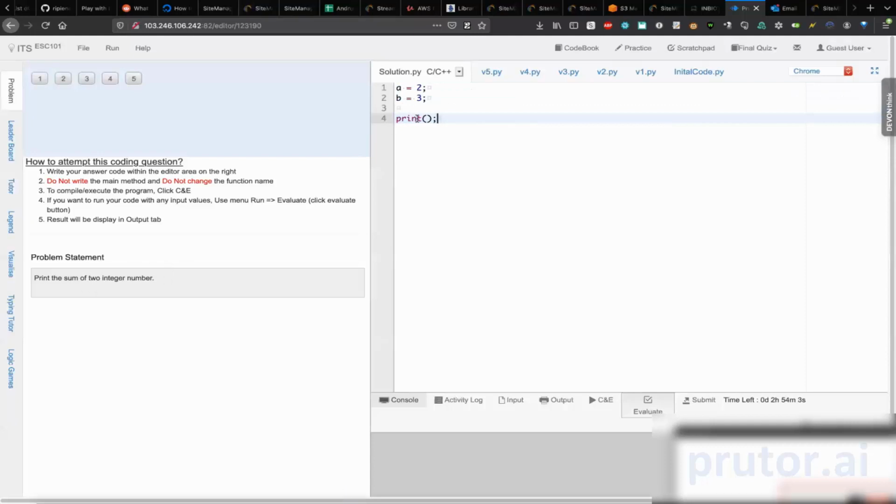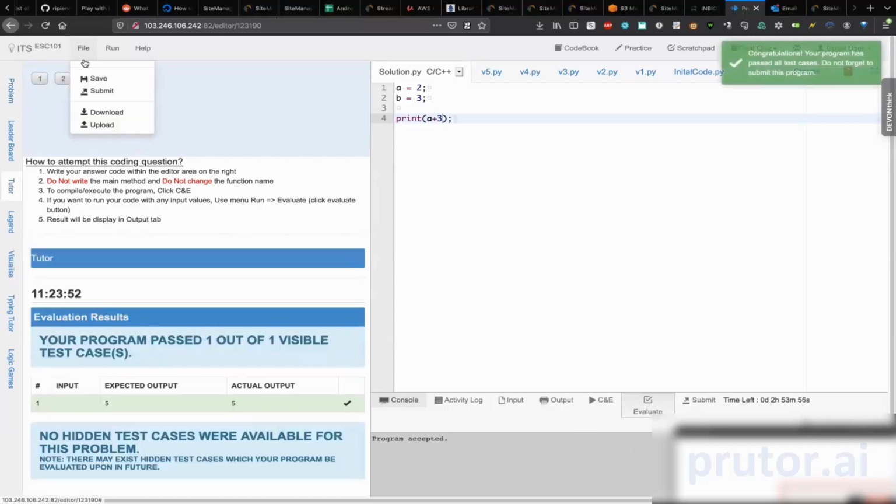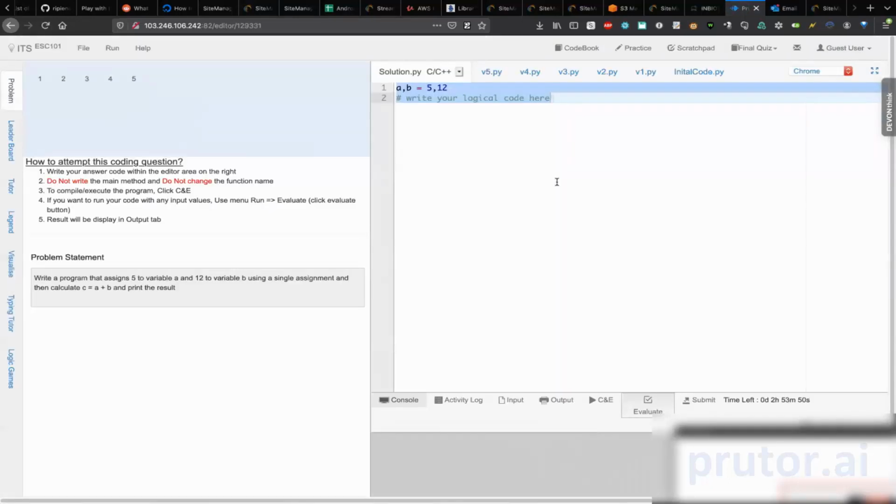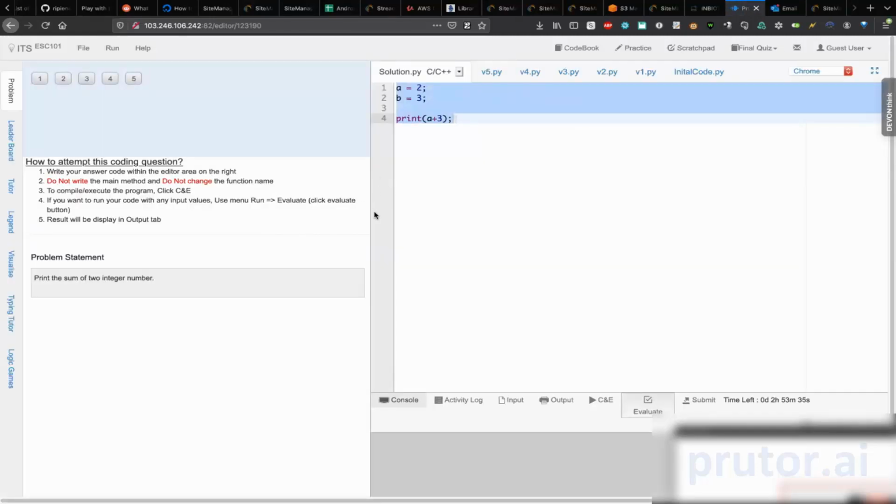So print the sum of 2 integers. It may be as simple as a plus b. These can get complex, sir. Some problems can even take days to submit. So then we run the lab for several days. That is also possible. Okay. Similarly, now the next problem comes. This interface, sir, is very similar to what students will typically encounter in CodeBeta. So they can look at a problem, they can go back to a different problem, etc. So from lab 0 itself, we start getting them accustomed to coding tests that typically Microsoft or Amazon use for recruiting.